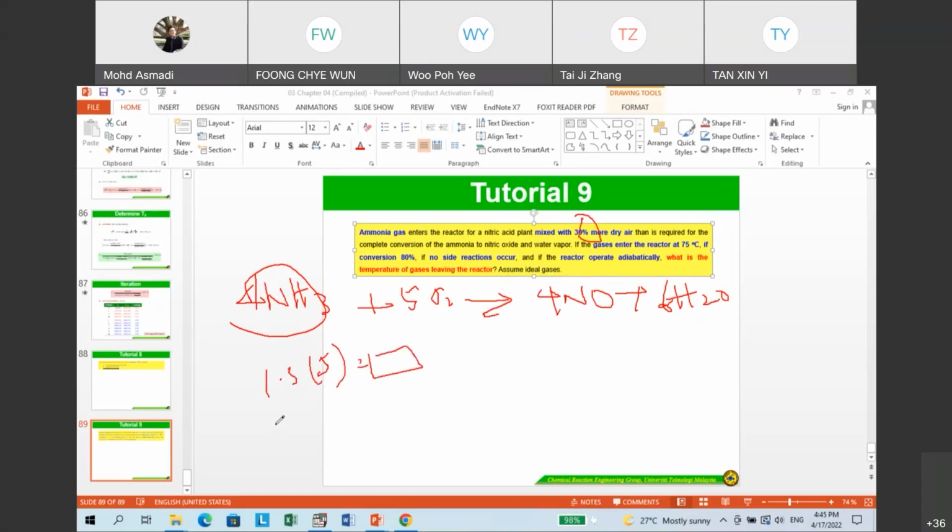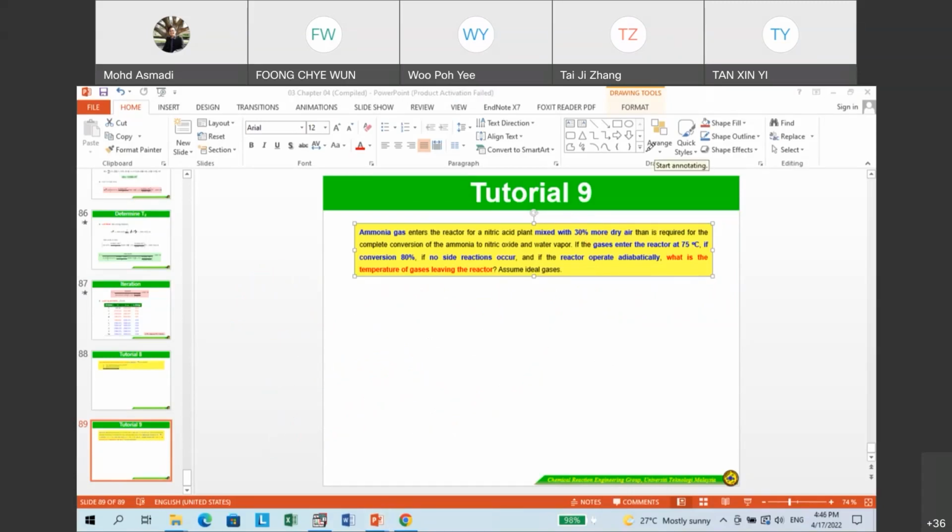And then for nitrogen is 1.3 times with 5 times with 79 divided by 21. This one is for the nitrogen. Okay. So once you calculate, the entering and also exit going to be similar for the nitrogen, but for the oxygen, there is excess about 30% because it reacts 5 with 4, right? Okay, what you have to do is the hypothetical path. Okay, so if you do hypothetical path,